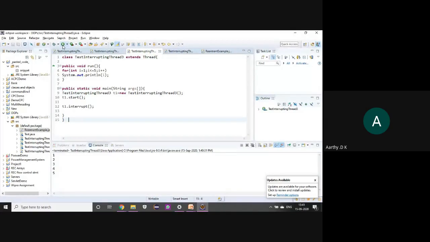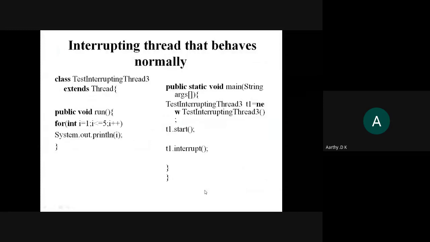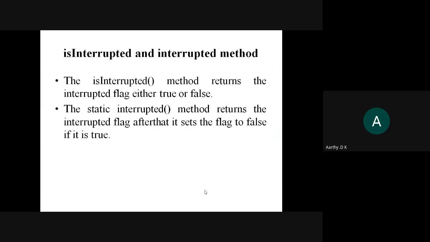So you have only two different ways to interrupt the thread. One is to interrupt your sleep or wait. If you interrupt the sleep or wait, either you can stop the execution of the thread or you can complete the execution of the thread. When you are interrupting a thread which has neither sleep nor wait, the thread will execute as usual, and the interrupt flag of that thread will get set to true. So this is about how to interrupt a thread. These programs I have just explained. Next are the interrupted and isInterrupted methods.